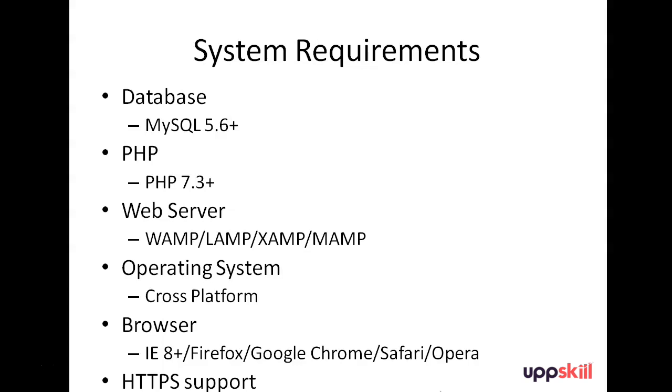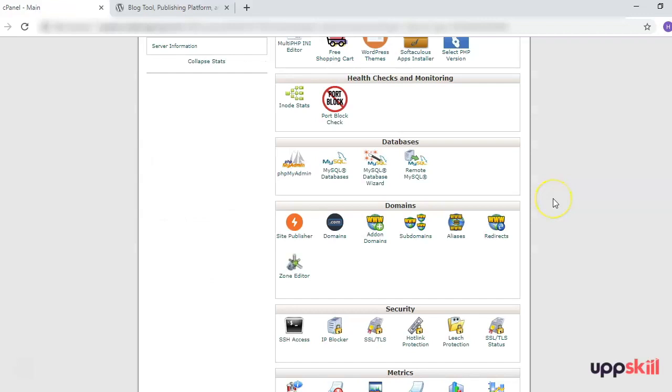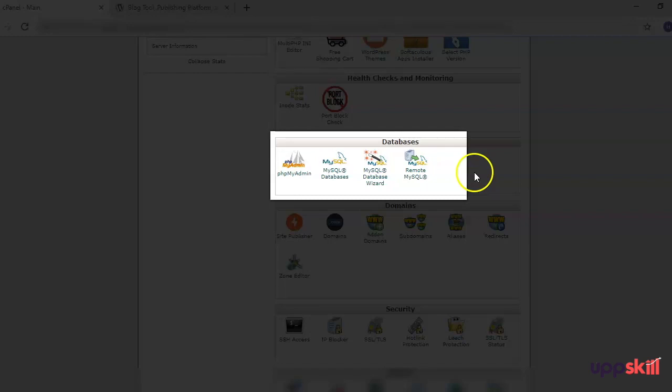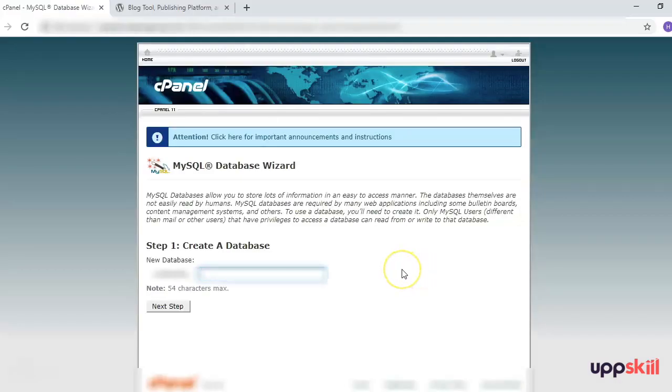Now let us see first of all how to set up a database. For setting up a database, you need to log into your cPanel account. Once you have logged into the cPanel, scroll down towards the databases section. Here, go to MySQL database wizard. The first step is to create a database, that is, give a name to the